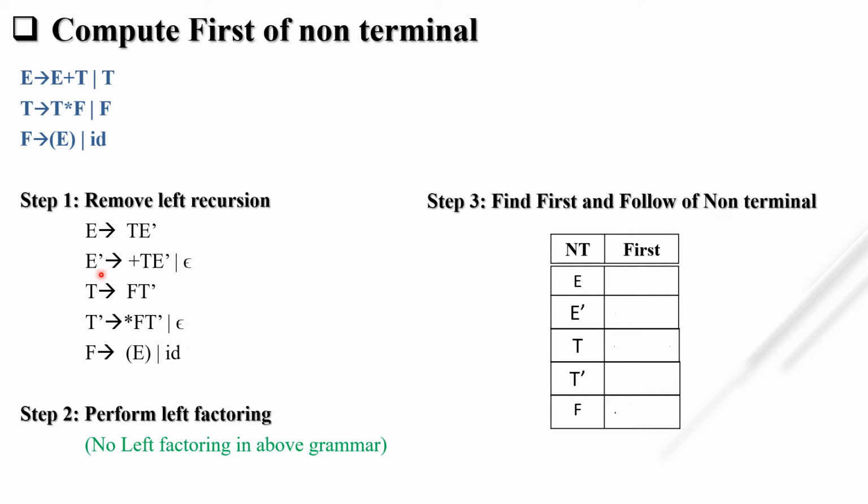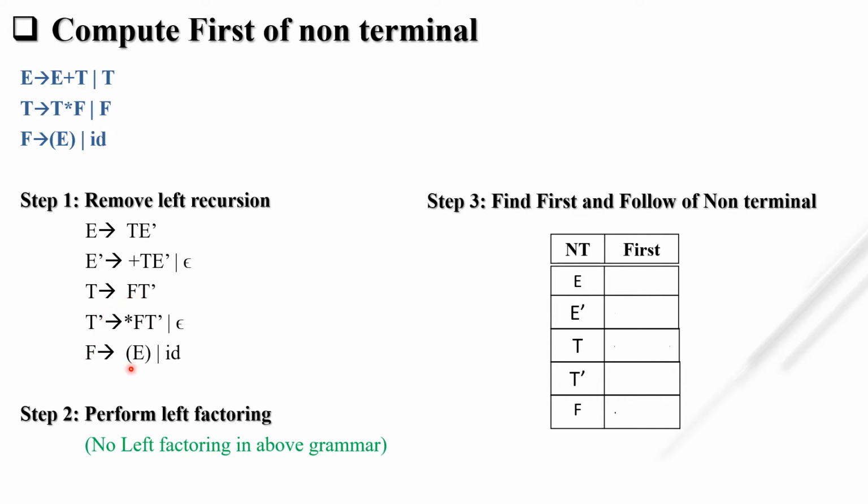Now when we have to find the first position of capital E, what do we see? Is the first position terminal or not? No, it is not terminal. So we go to rule number 3. Rule number 3 says that if E tends to a non-terminal, then we have to check T's first. Where is T? Here. T's first is also non-terminal, so we have to check F's first.